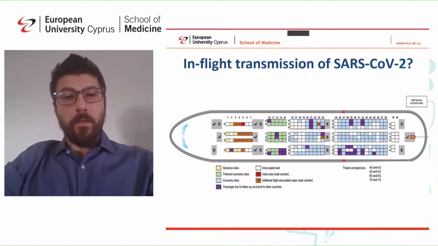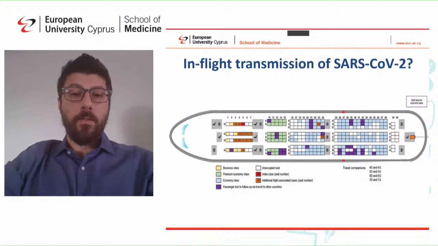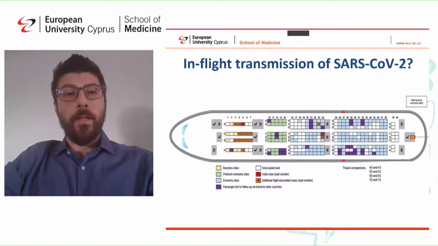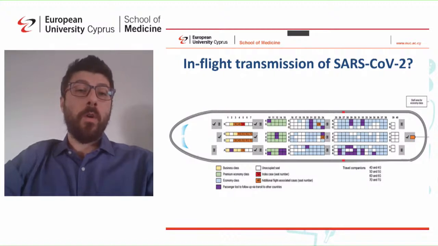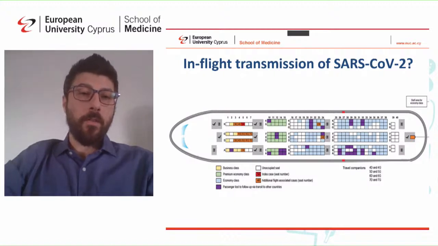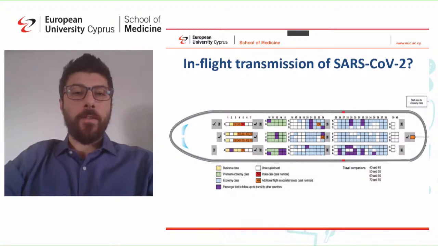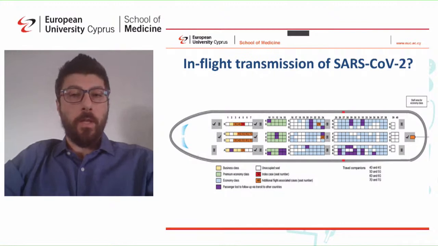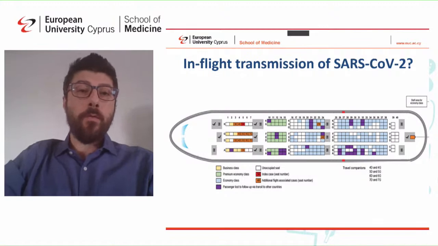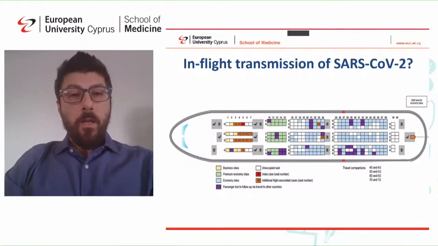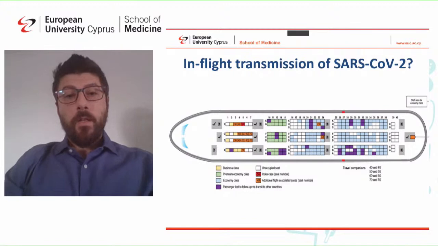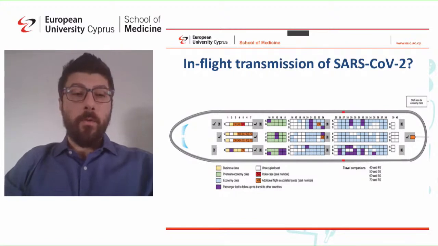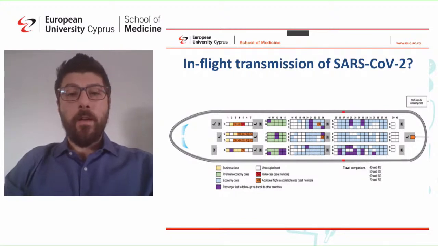And why is that? If we think why that is, we will realize that, first of all, there's a lot of screening taking place either before traveling or after. So even after traveling, this screening process protects the travelers, because if I know that I have been exposed and I need to stay in isolation, I will not travel. Or if I have symptoms, I will not travel. Therefore, it's very decreased.